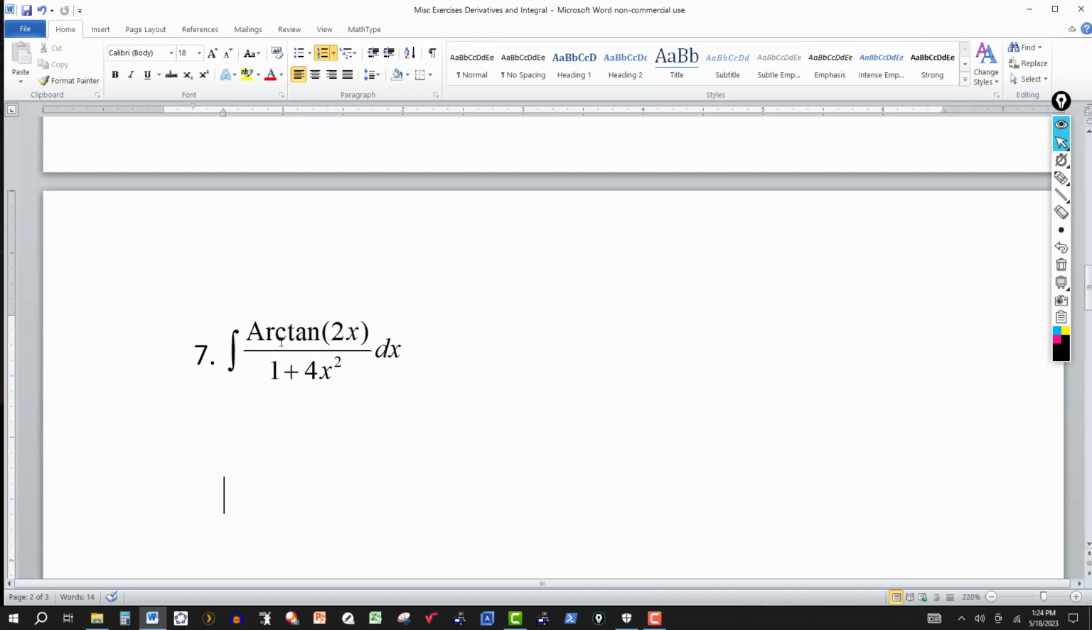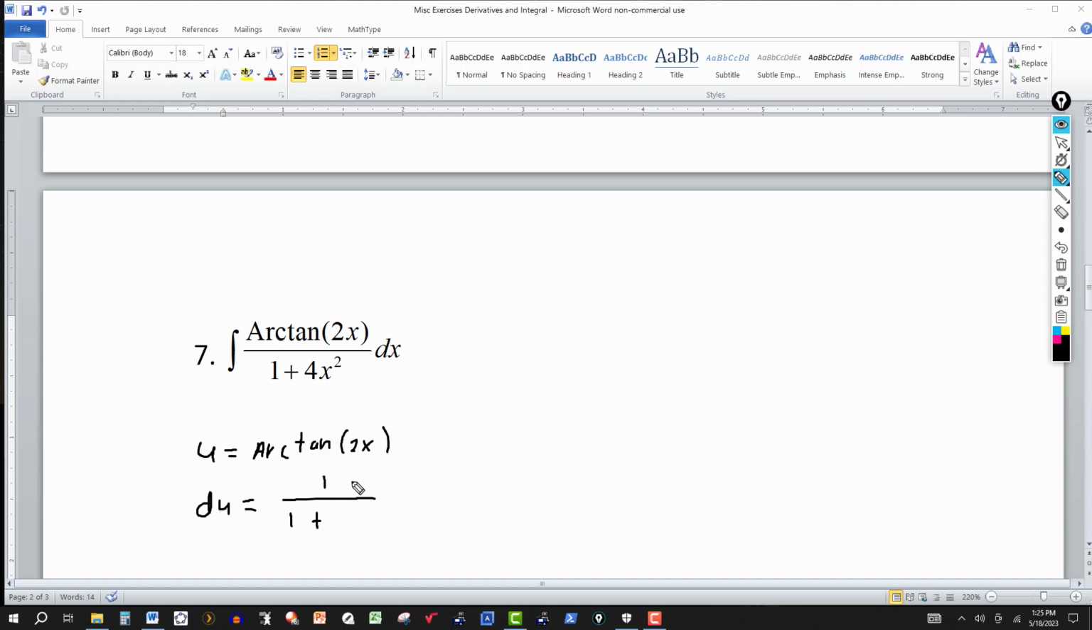You've got the integral of arctan of 2x dx over 1 plus 4x squared. On this one, I'm going to let u equal arctan of 2x. I'm looking ahead here because I know the derivative, so du, will equal the derivative of arctan of an angle, which is 1 over 1 plus u squared. This is your u here